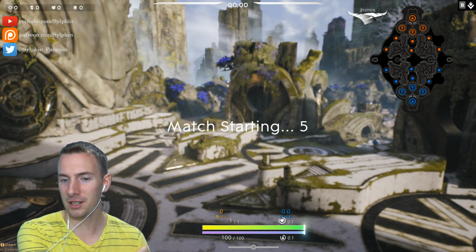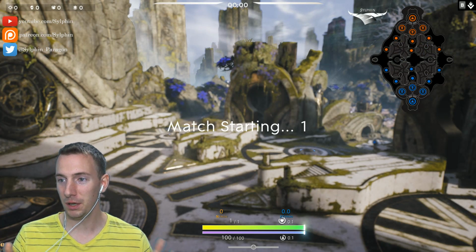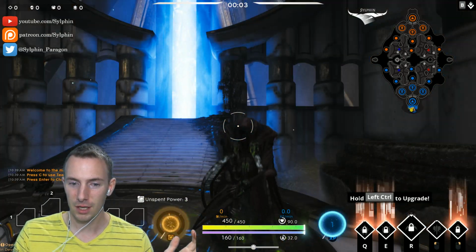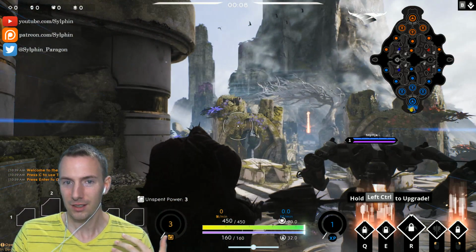I am Sylphin, and in today's video we are taking a look at Sevarog in a build that I am calling the Angel of Thorns. Now the inspiration for this build is, he's actually not an angel, but I kind of think that he's actually kind of like a fallen angel. You know, lost his wings, now he's just here to roam the earth